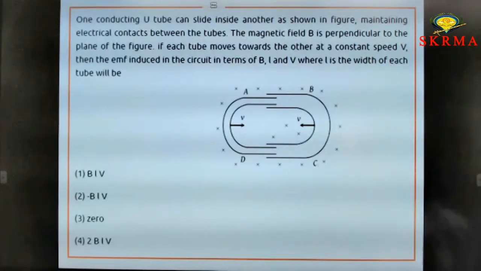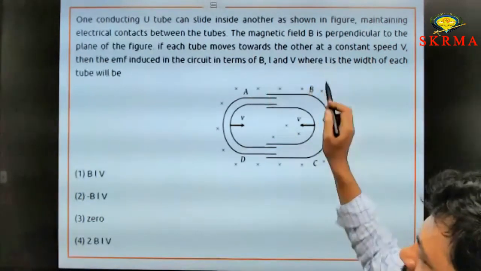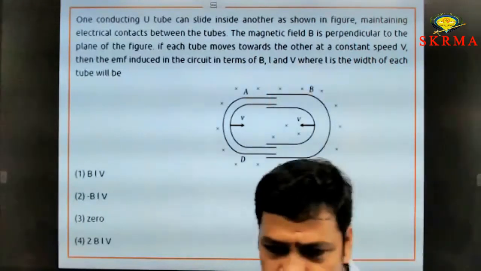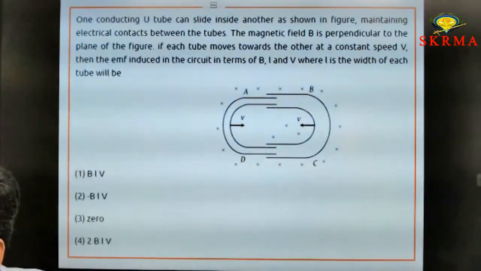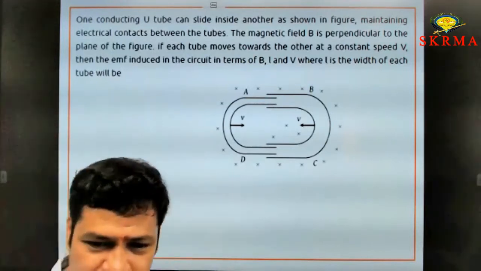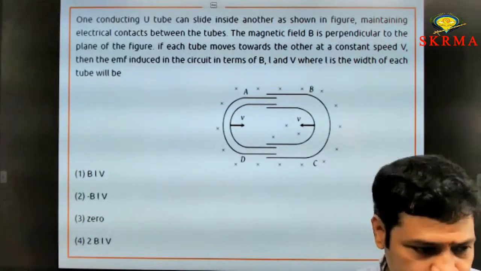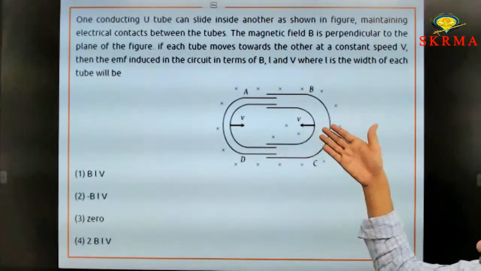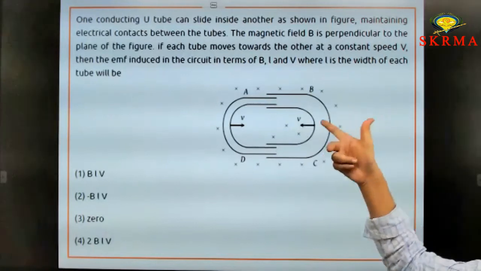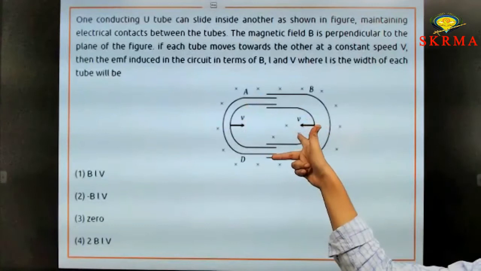And the next one is also about conducting tubes. Here the two tubes are moving opposite to each other. What is the induced EMF? Whenever these two are moving, we have to specify the direction of current. If it is the same direction, they are added. If it is in opposite direction, we subtract. Here the direction is like this. If you apply, the field is into the page, the into marks are there.